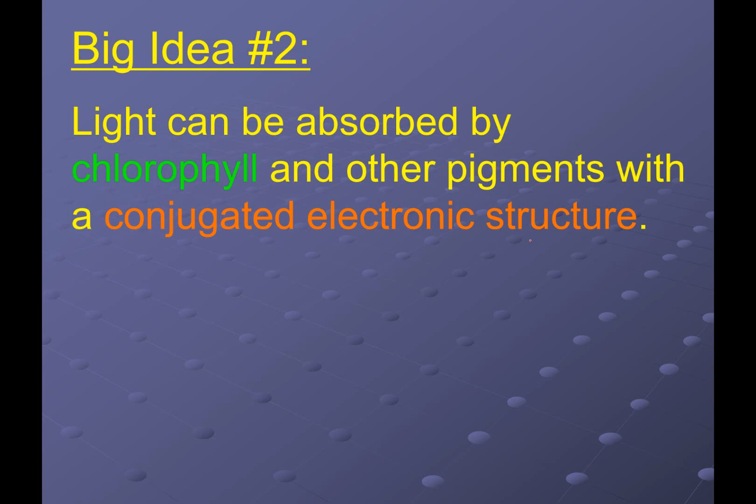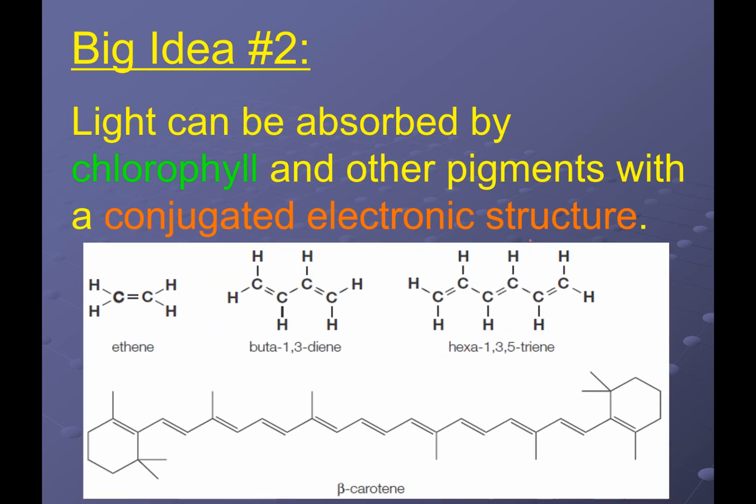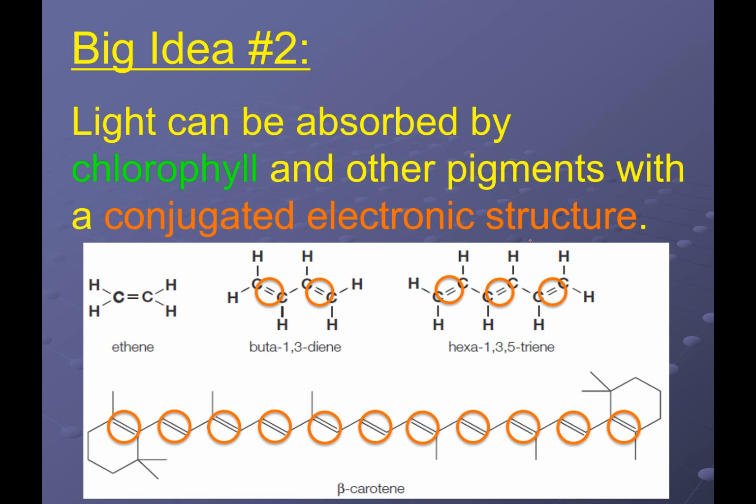If you remember from earlier in our notes, a conjugated structure, here's an example of a couple molecules that have conjugated structure. If you haven't seen this yet, what are some things that all of these molecules have in common? So if you're able to see here, we notice that we have double bonds and single bonds, and they're in this alternating fashion. This actually allows for conjugation. It's very similar to the pi delocalization, but in this case it's not necessarily delocalized, but it still has this double, single pattern. This alternating single and double allows this conjugation in structure,